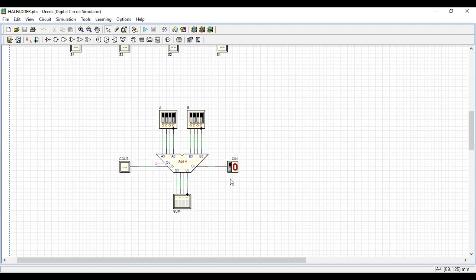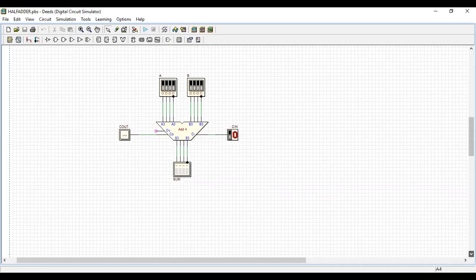Yes. So is this an adder or a subtractor? Is it an adder or a subtractor? Which circuit is this? How can I identify whether it is an adder circuit or a subtractor circuit? This is an adder circuit. Very good. So how can I identify this? If my Cin is 0, it will add the two inputs given here. That is what we did yesterday, and the circuit performed very well.